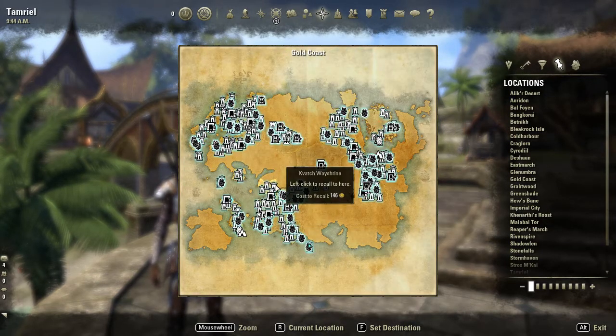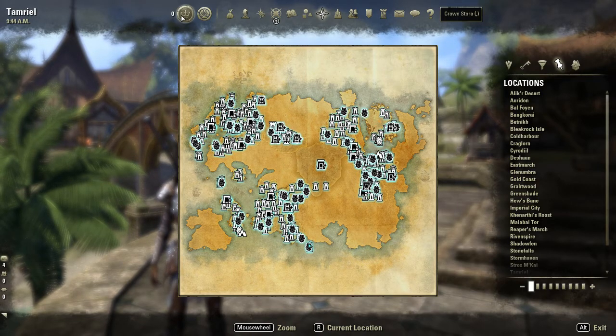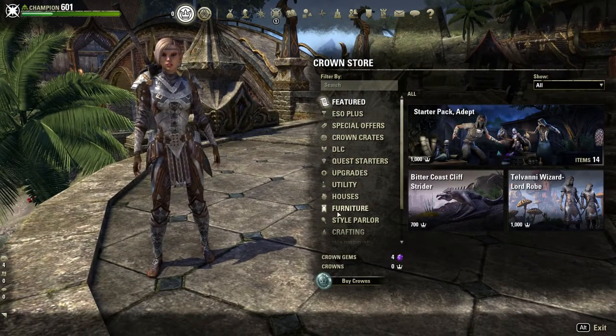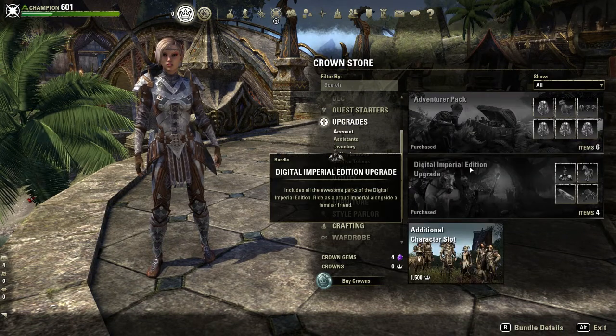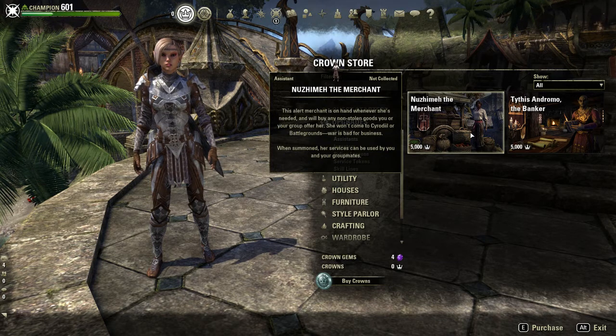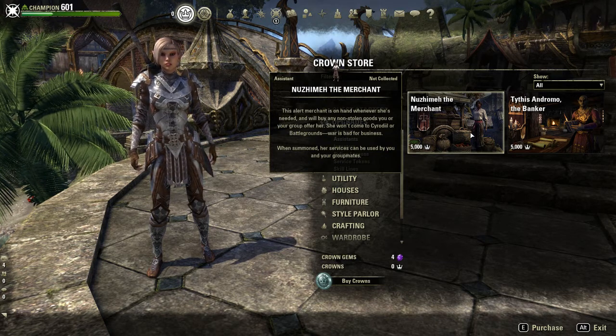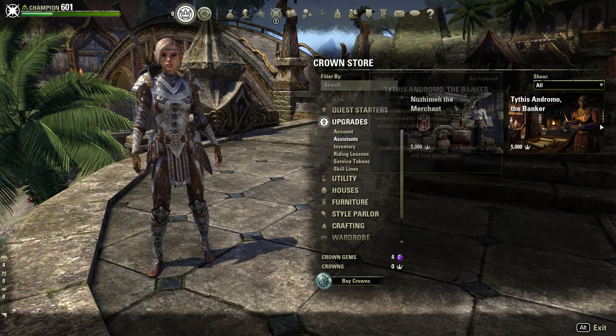A public dungeon farm is a really, really easy way to get gold. One of the things I would suggest, though, is get the merchant from the Crown Store. The merchant person, I think they're under upgrades and the assistants. Get the merchant. I don't have the merchant, because I don't worry about it really. I do want to get the merchant and the banker, but